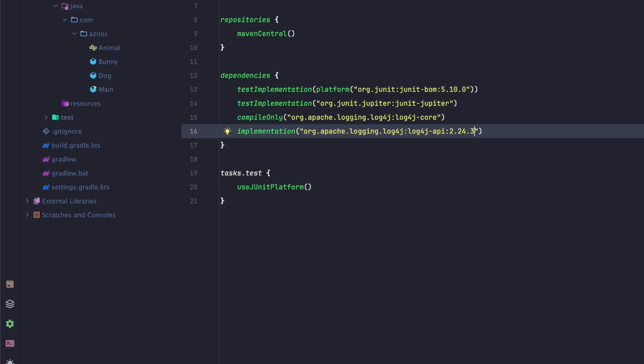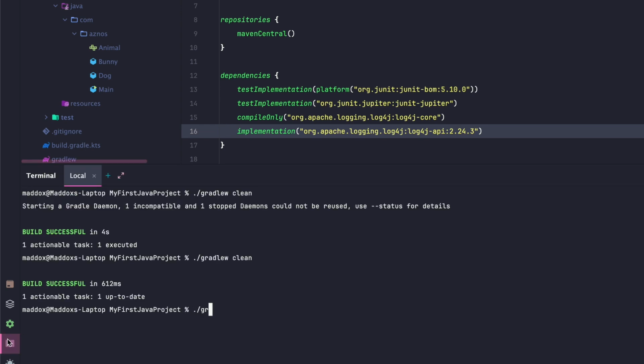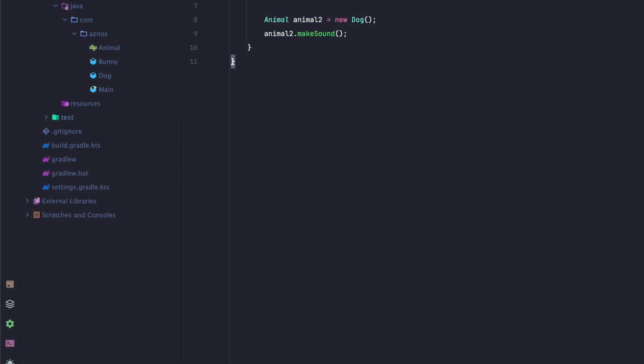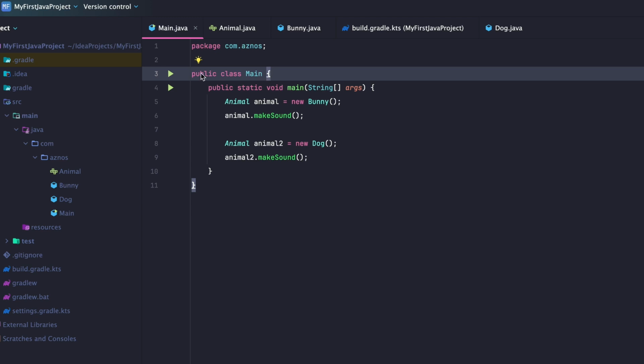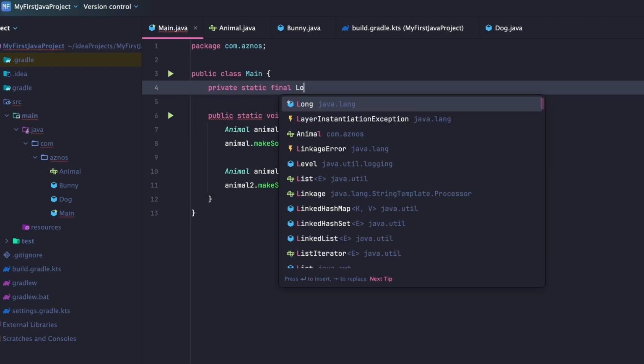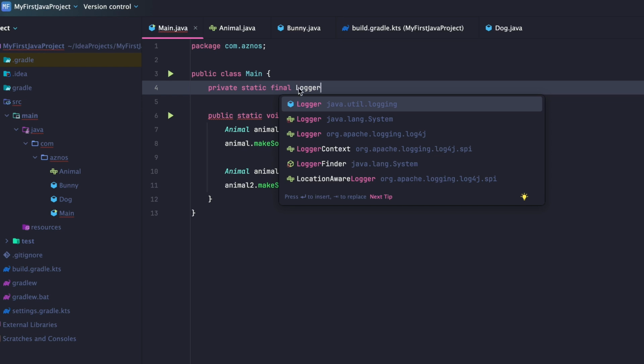And now we shouldn't have any errors, but again, if you do, you can just type ./gradlew clean, come back over here and refresh the dependencies. And that should clear it all up for you. So now going to our main.java class, below the public class main and above the public static void main, we can type private static final Logger, the first letter capitalized, and choose here